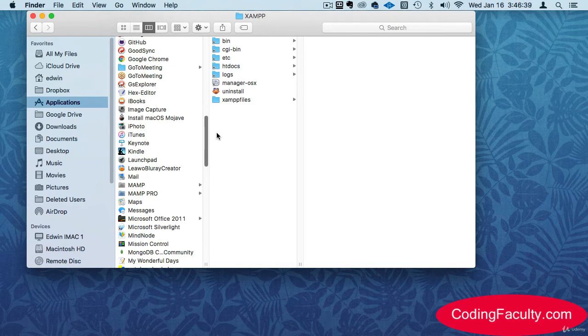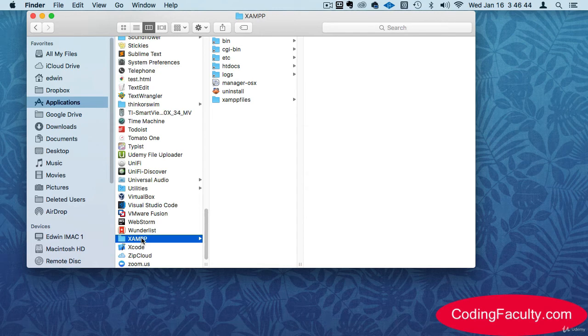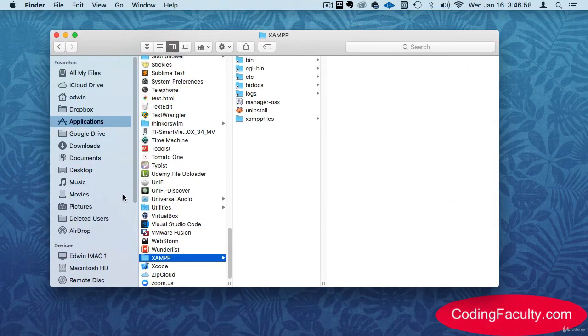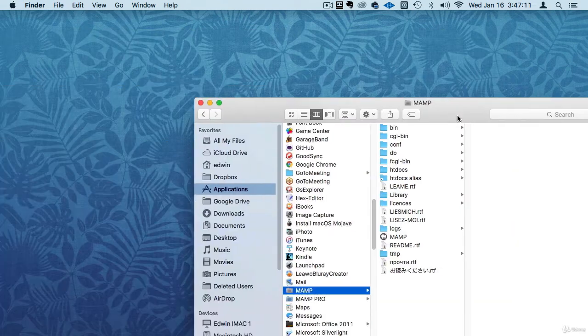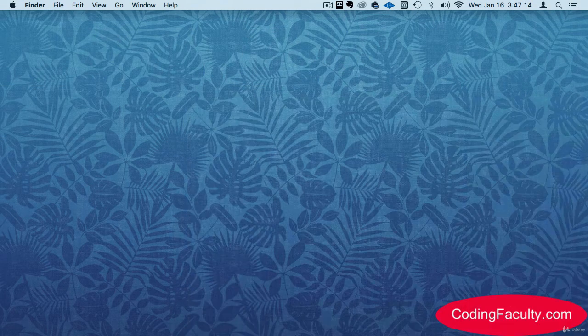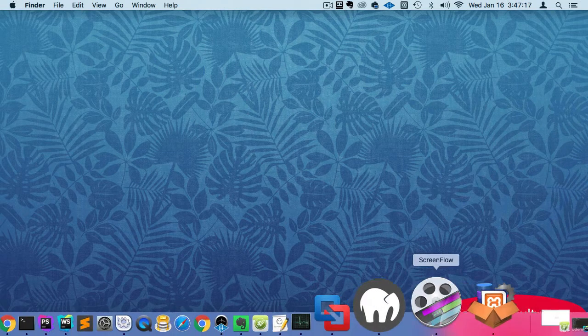So on a Windows computer, your MAMP and your XAMPP folders are going to be in your C drive. Okay, so go to your computer, go to your control panel or the file manager, wherever you can see your computer's C drive. Click on it, and you're going to see these folders here: XAMPP and MAMP. Okay, and inside, the htdocs is where we are going to be working. Make sure, and these programs usually install an icon on your desktop, so you can double click it and use your